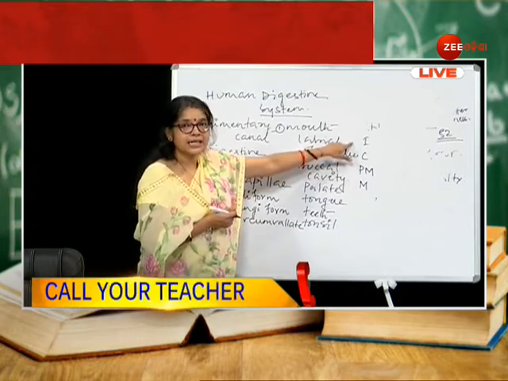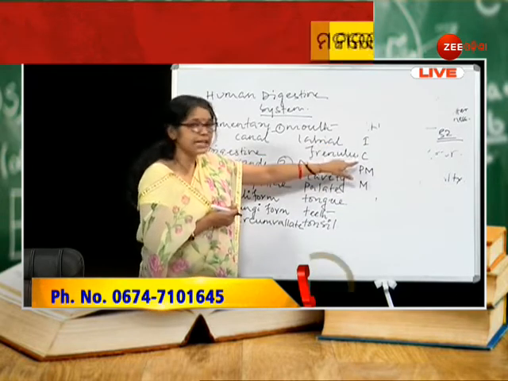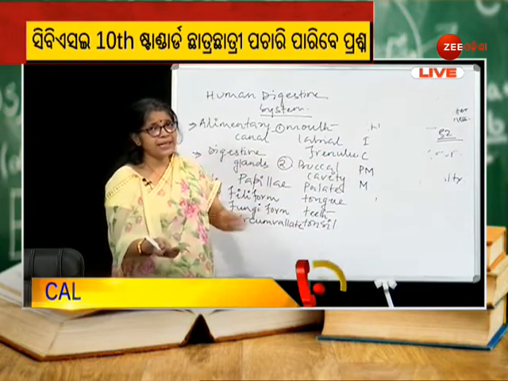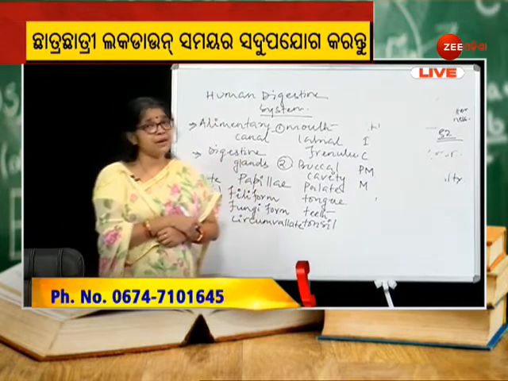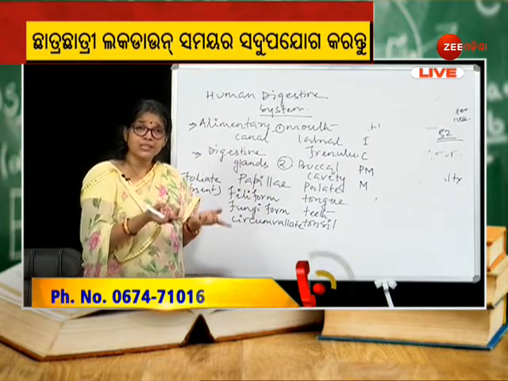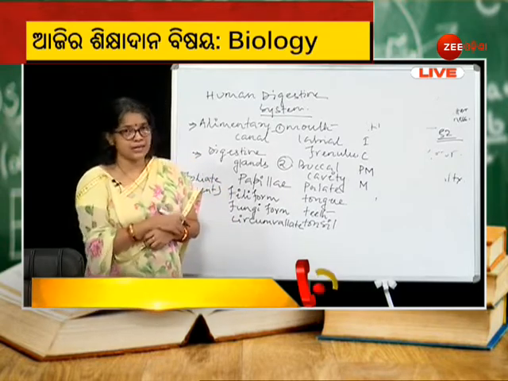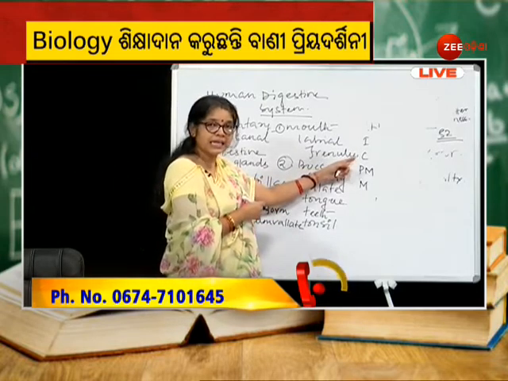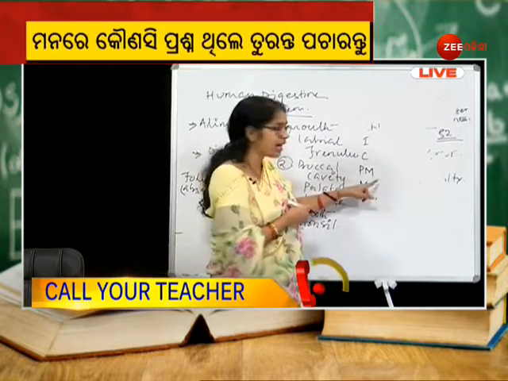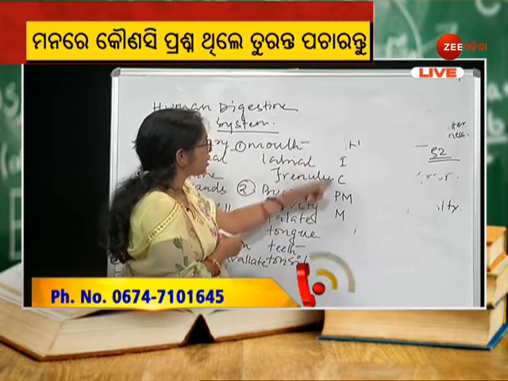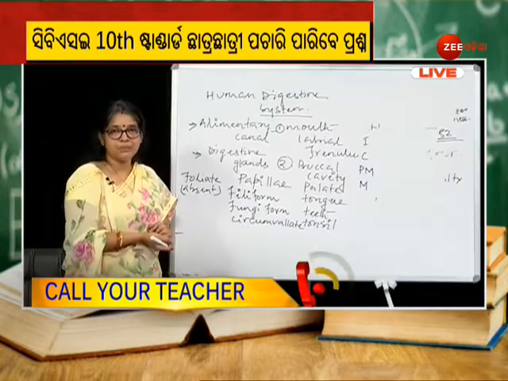First one is incisor, which is responsible for cutting off the food materials. Second one is canine, which is pointed and is also regarded as a vestigial organ because it is less functional in our case. Why is it less functional? Because we are not tearing the food like the carnivores. So the second one is canine, represented as C. The third one is premolar and the last one is molar. These are the 4 different types of heterodont teeth present within the buccal cavity.